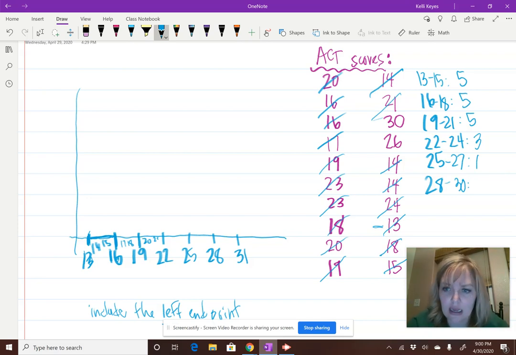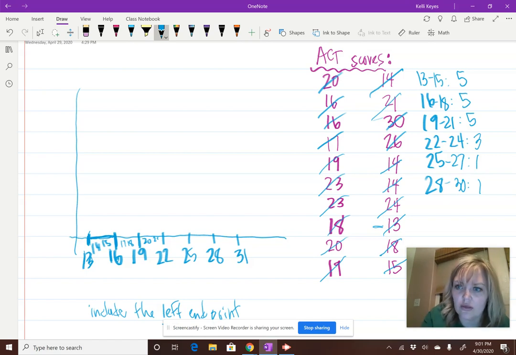I'm sorry. Okay, so 28 to 30. Oh, yeah, it's just the one, right? So 25 to 27 was that one of 26, the one here. And let's make sure they add up to 20. So 15. Yep, so they do add up to 20. So then now I know